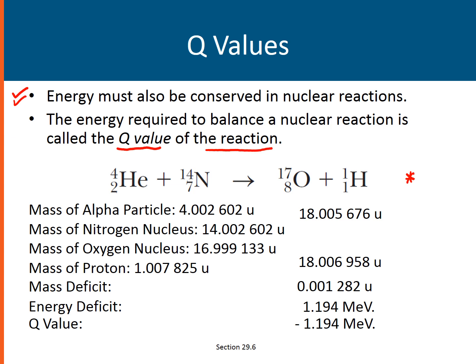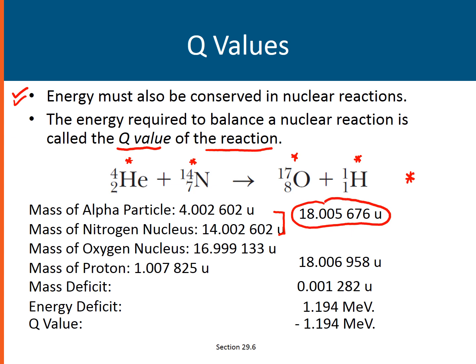So we have the helium particle colliding with the nitrogen atom, and in the process producing an oxygen atom with a proton. Before the reaction, the total mass is the sum of the masses of the alpha particle and the nitrogen nucleus, so these masses here,